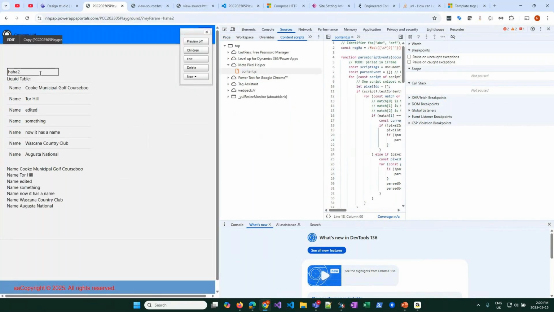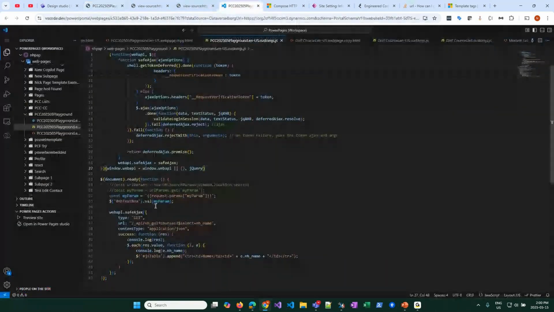There we go. So now it's filled it in. So this JavaScript contains some liquid. Again, this is where it's important to understand the difference between server side and client side. So when I look at the source of this page,